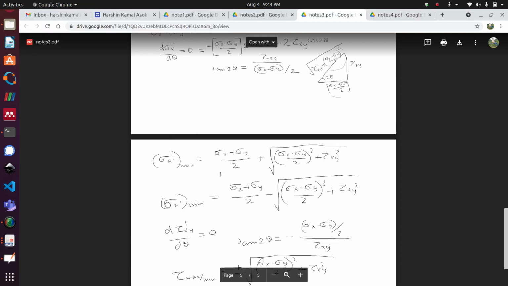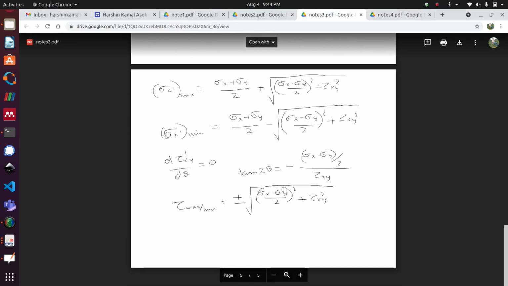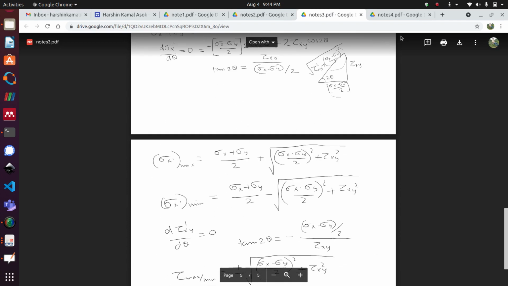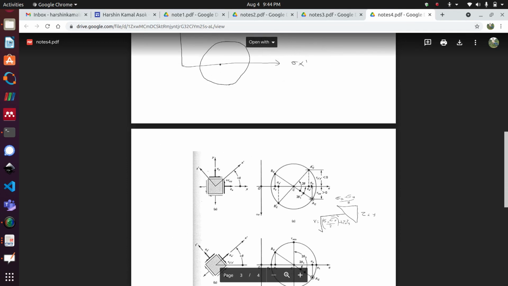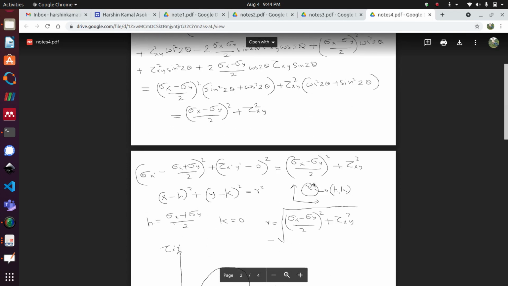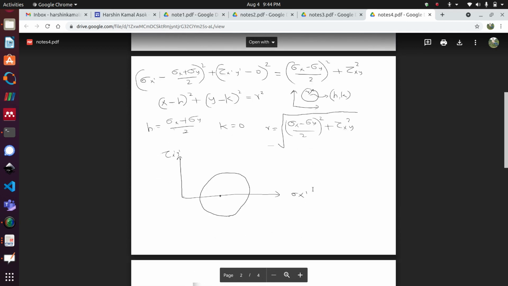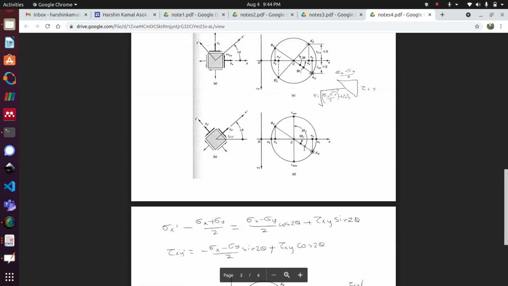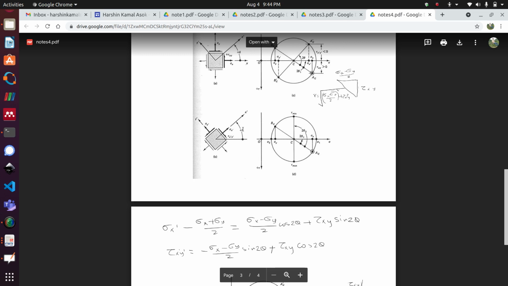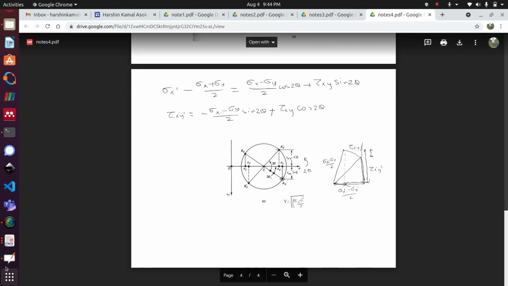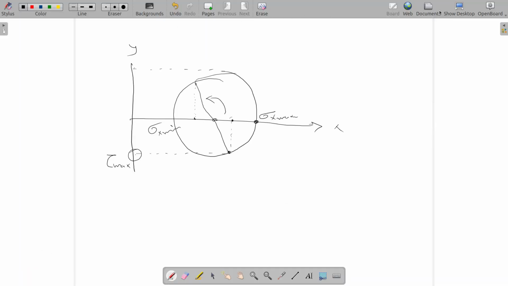You can also remember this formula using our Mohr circle. How do we do that? I talked about in detail in the derivation how we get this Mohr circle, but just to remind you,